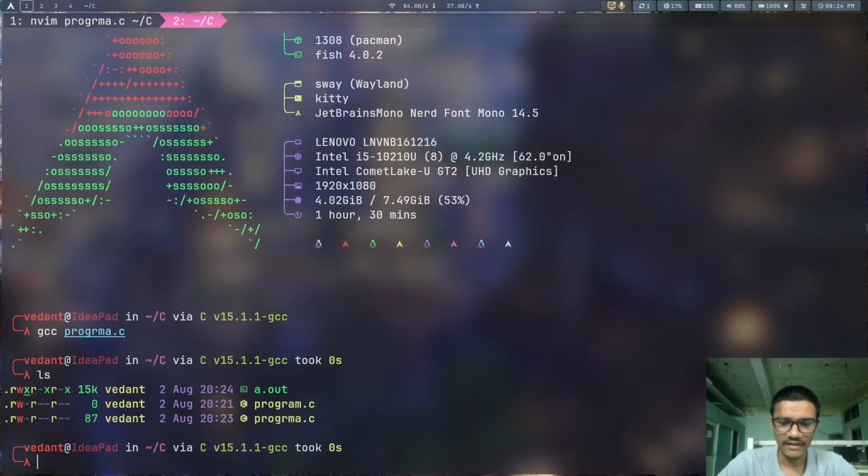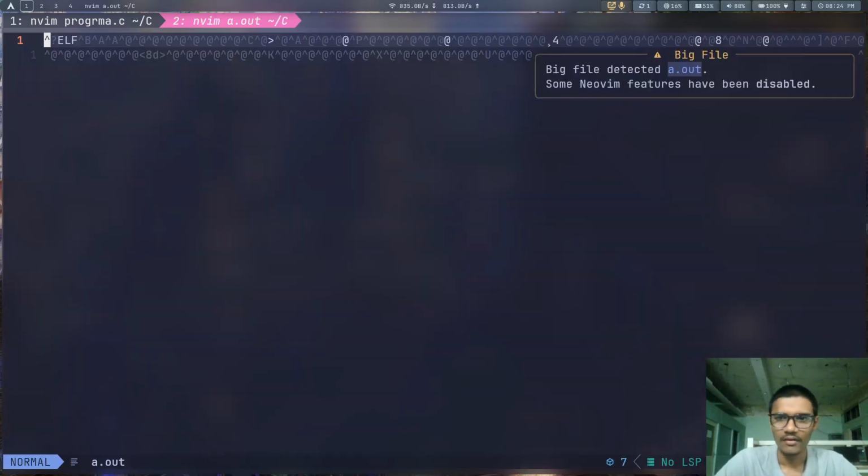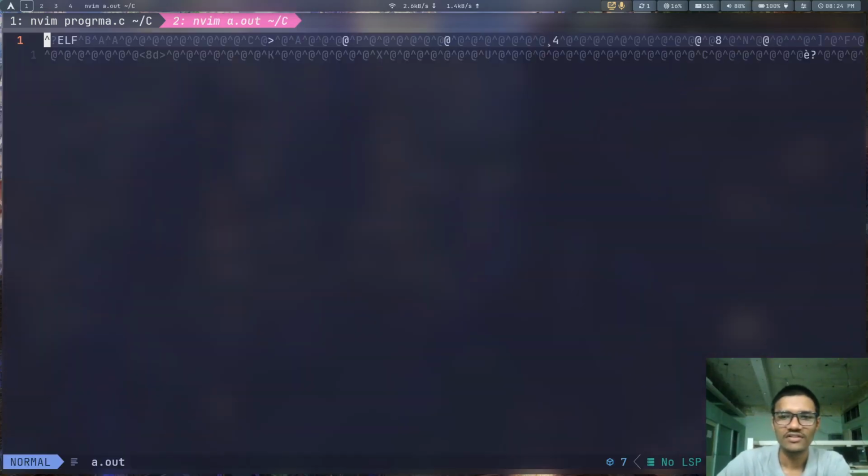The a.out is the file which is only understood by our compiler, or we can say machine. Want to see what is inside a.out? nvim a.out. This is the thing which is only understood by the machine; my text editor is also not able to view the content inside this file. Only our machine can understand this.